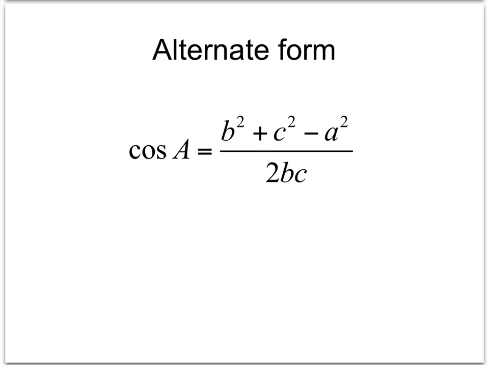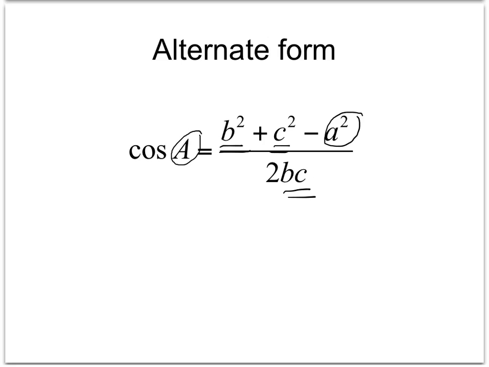If you're looking for an angle, it's better to use what's called the alternate form. It's exactly the same formula. I just manipulated it algebraically so that the cosine A was by itself. Everything else is really exactly the same. Notice again that the angle that's all by itself matches with the negative side. So that's how you can remember which ones go where. The angle and the negative side go together, whereas the other sides, B and C, are on the top and